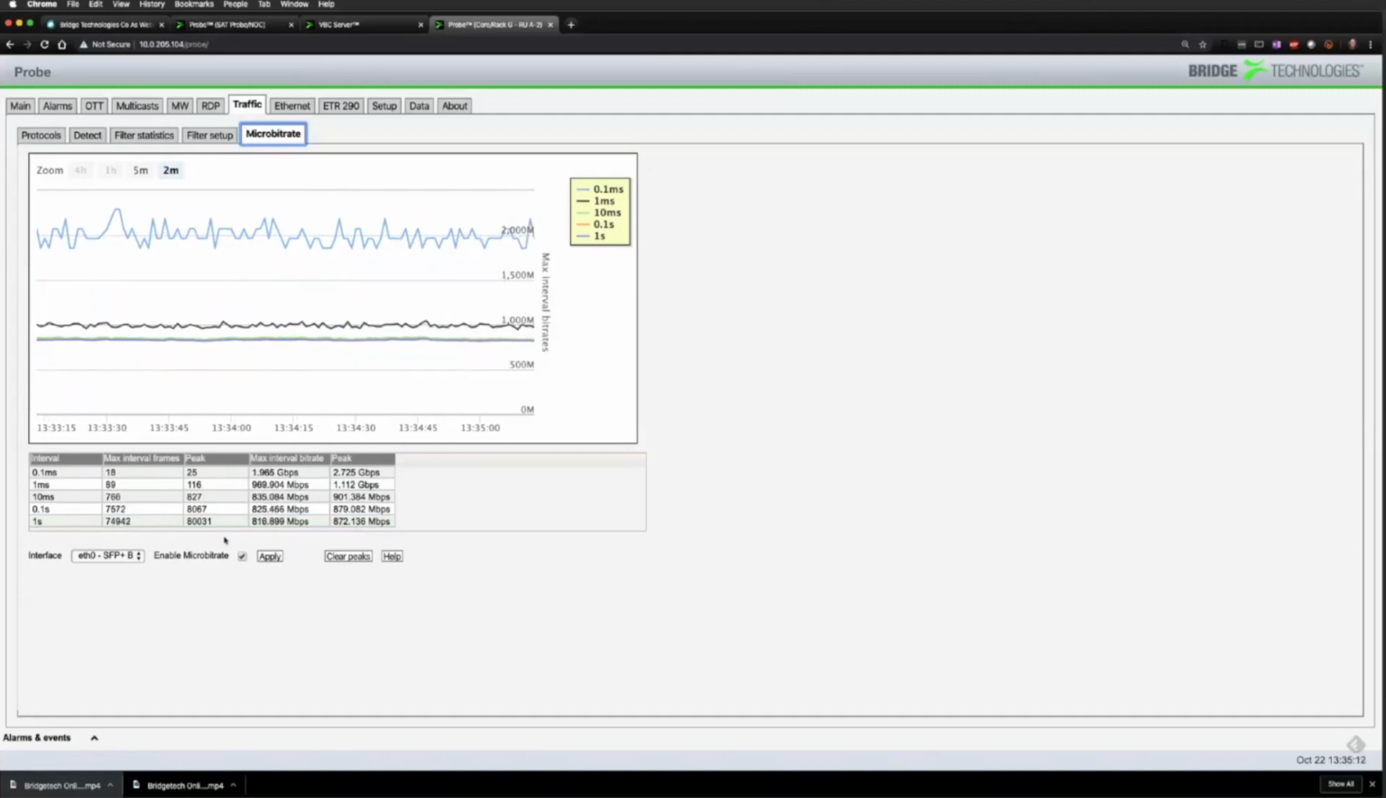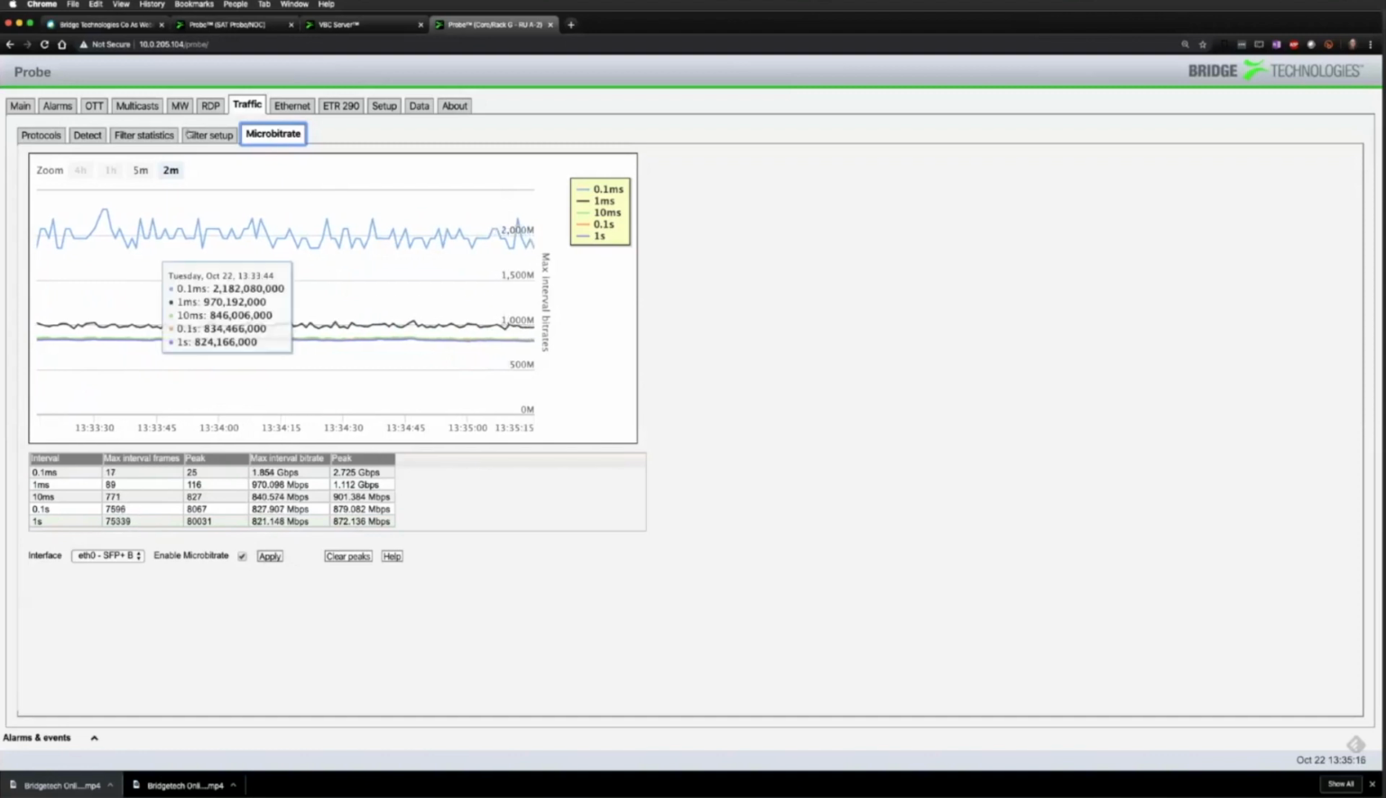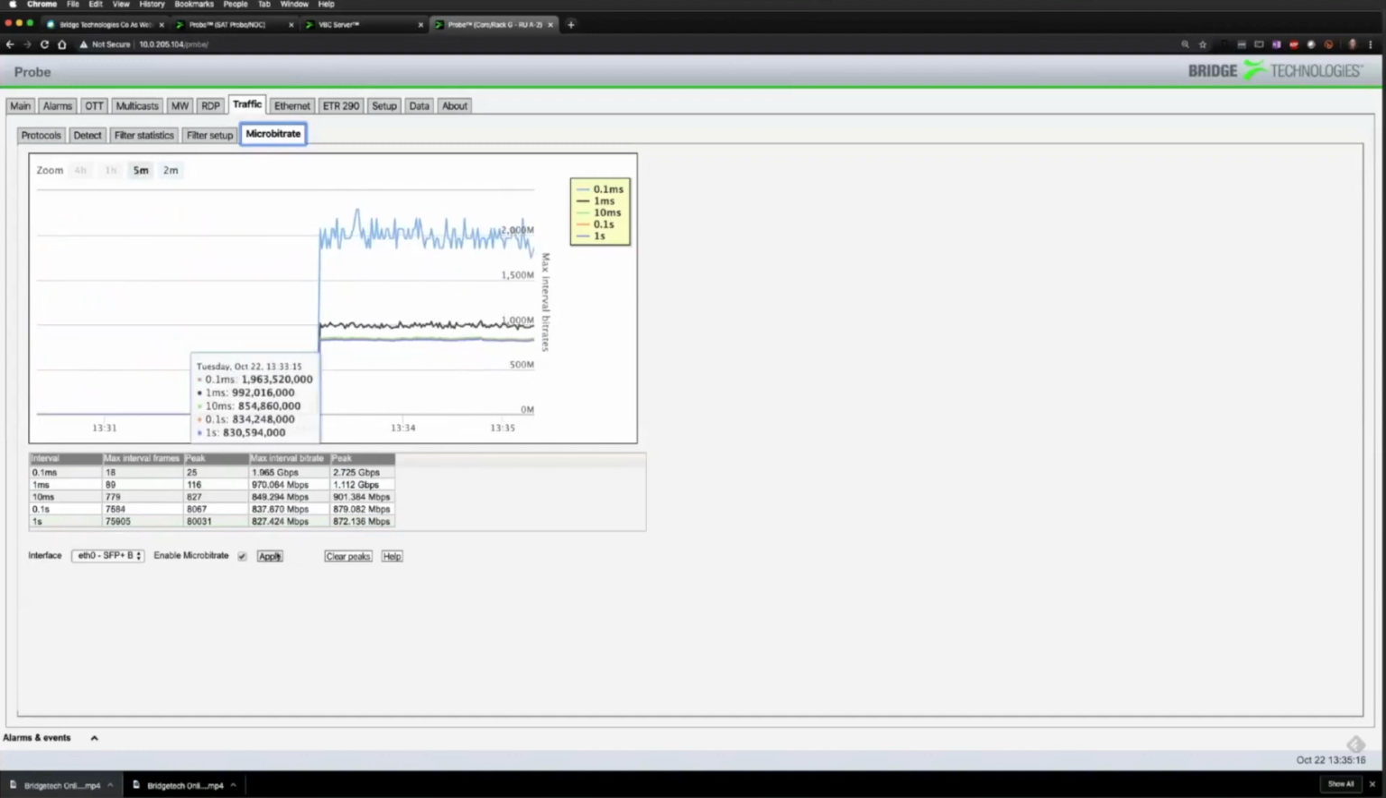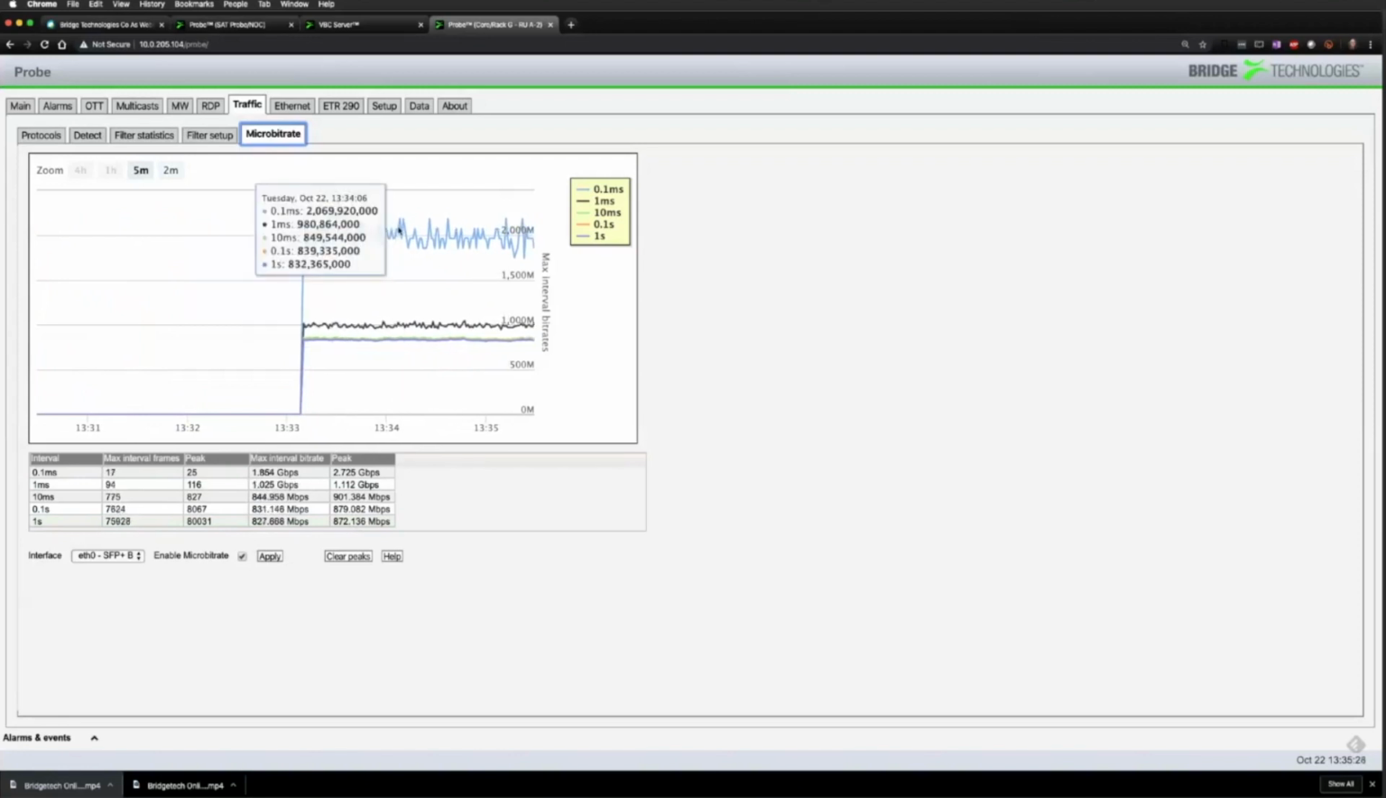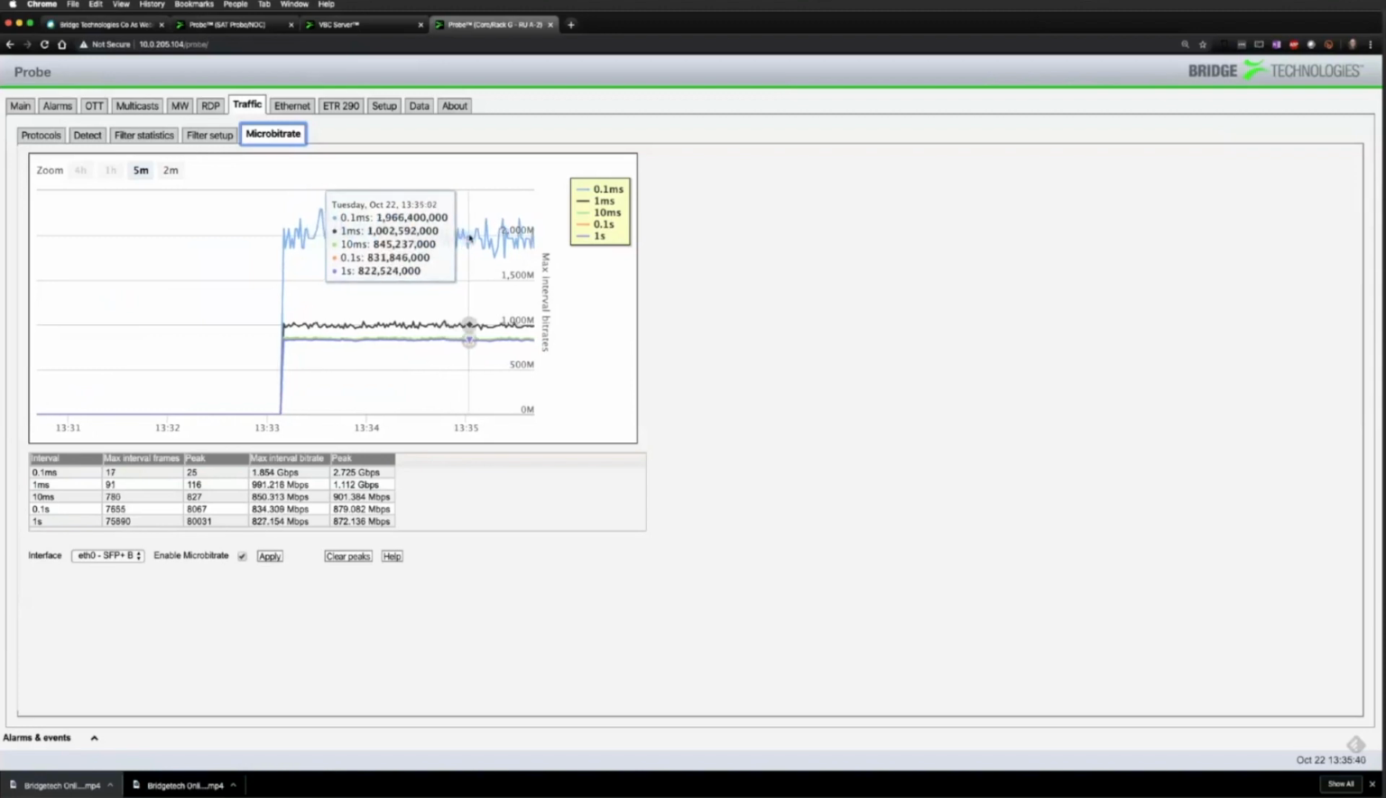So we can change to 5 minutes. You can see the graph basically starts when I click to this screen. So our maximum burst, and if I mouse over that, you can see that the individual data points occur for the 1 millisecond all the way up to 1,000 milliseconds. So you can read these bursts off. And if I left this going for an hour, then the hour